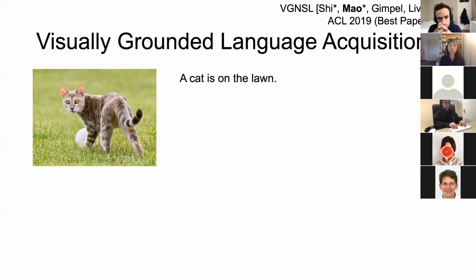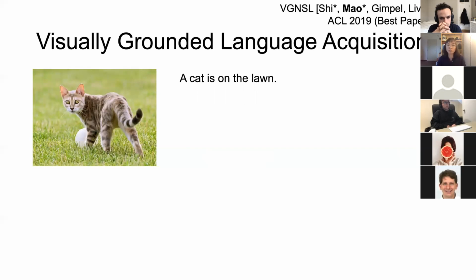We again start from very simple examples of paired images and text. What can be discovered from a single pair of image and text? We have seen this image, and there's a caption that reads, "A cat on the lawn." If we only look at a single pair of image and text, the text might make only little more sense than a hash string of an image, right? Because this text is just like an alphabet. However, we all know that natural language is so much more than just a hash string.